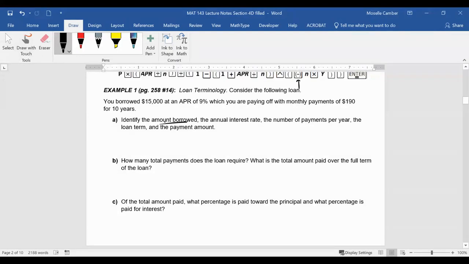The amount borrowed is going to be your P. We are borrowing $15,000. The annual interest rate is my APR, and that is my 9% or 0.09. The number of payments per year is my N, and we are making monthly payments, so it is 12. The loan term is our Y, that is 10 years. And lastly, our payment amount, our PMT,